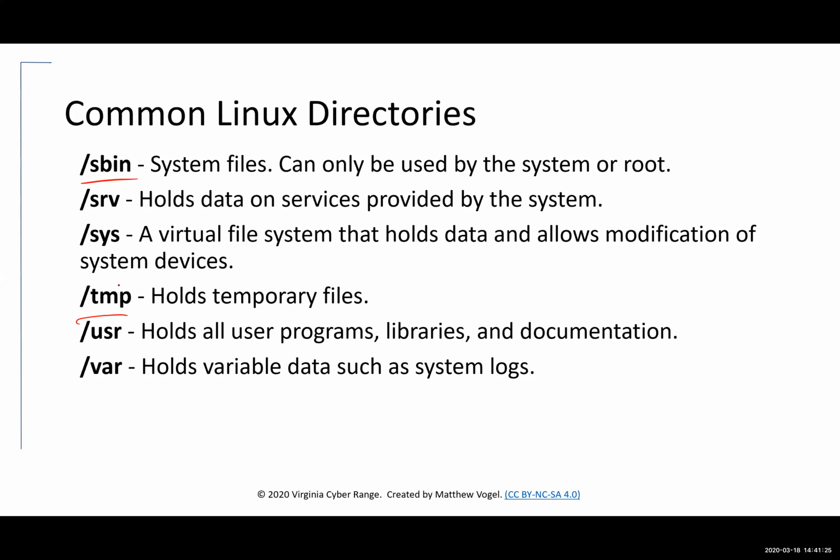It used to be a trash. Now it's recycling because we're more ecologically aware. But the temp folder in the Linux file system is kind of like the recycle bin on a Windows system. It's stuff that's safe for deletion. Okay,